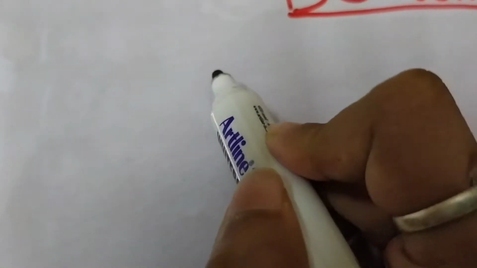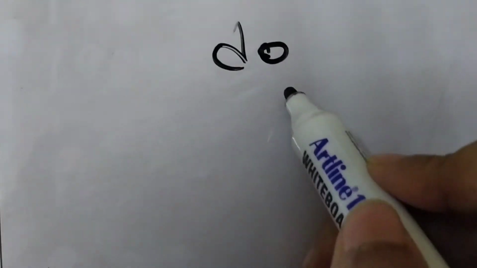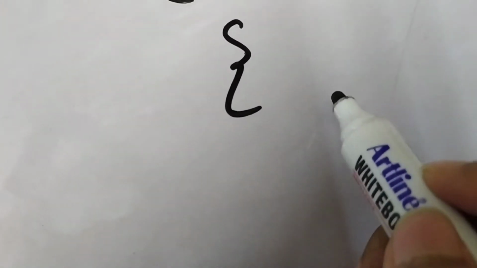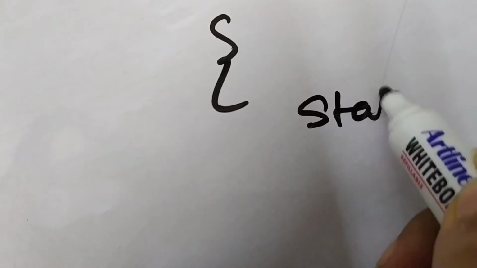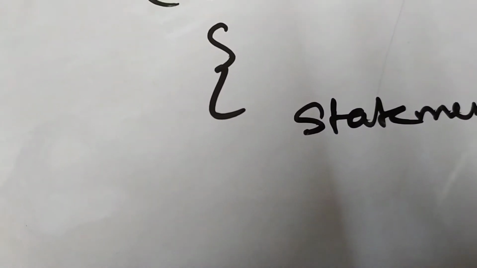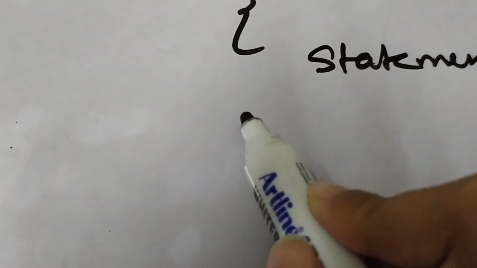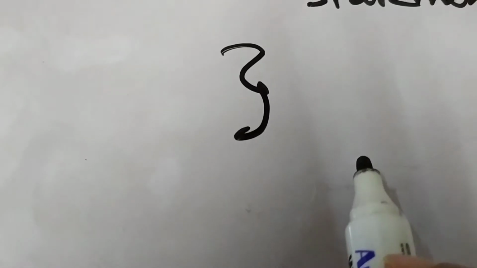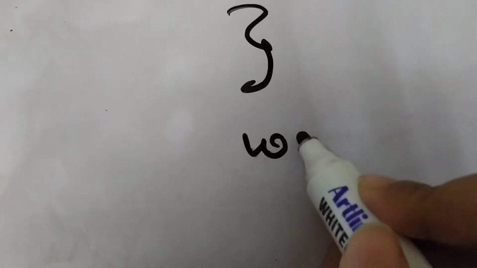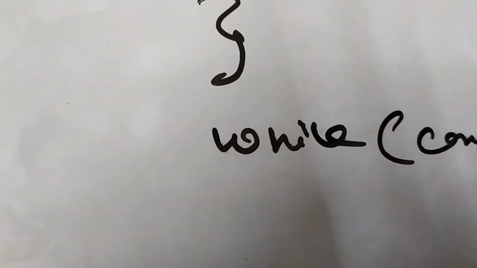I am giving a basic structure: do, under this the loop starts, then we write a statement, and after that we assign the parameter, and that parameter is contained in while. That is a condition,